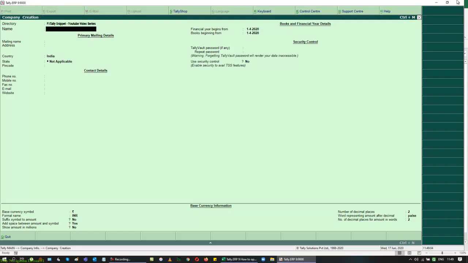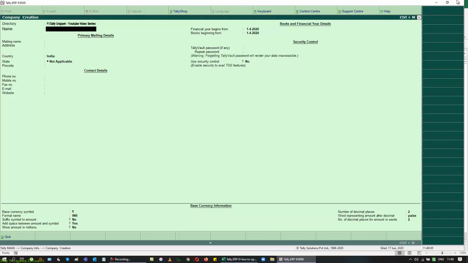If you are working in a company, probably we will never have an opportunity of creating a company like this unless we are controlling the entire accounting. If you are a data entry operator, or if you are only sticking to one department where your job is to punch entries or create a vendor or something like that, your data is far lesser than a controller of accounts, and probably you may never ever see this option of creating it. You will only use one of the companies that is available, and then you will start working on that company. That's what you do. But I'm telling you how to create a company right now.